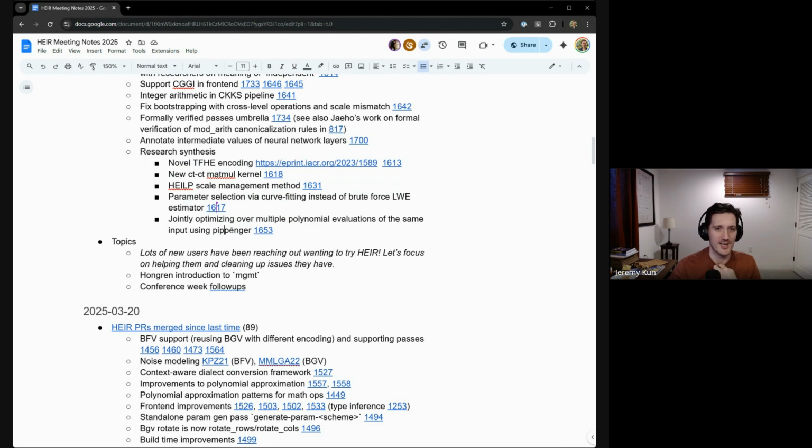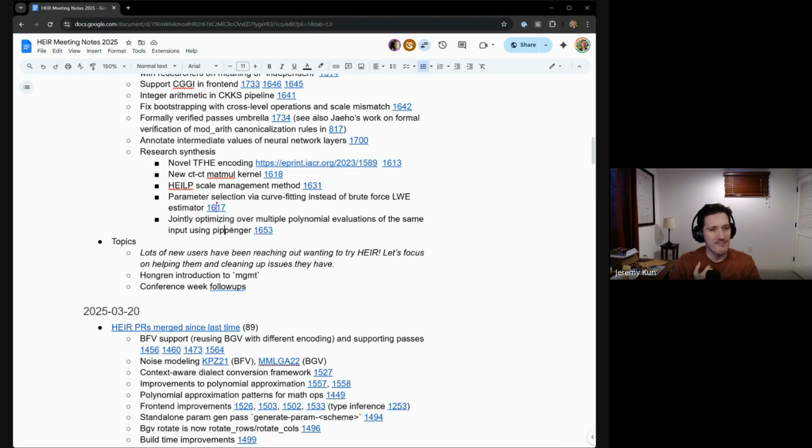I was drawing an analogy to polynomial evaluation, where right now we're doing polynomial evaluation separately for each polynomial. But if you have lots of polynomials and a common input, then Pippenger's algorithm will give you a joint optimization over the multiplicative cost of doing all of them. I'm not sure if it's multiplicative depth, just multiplicative cost.